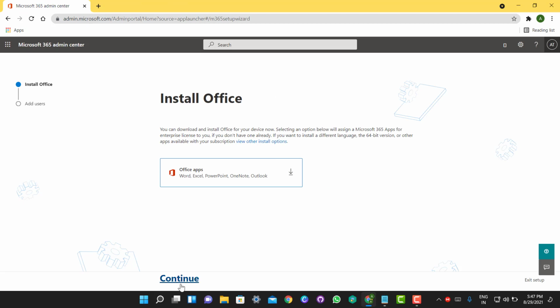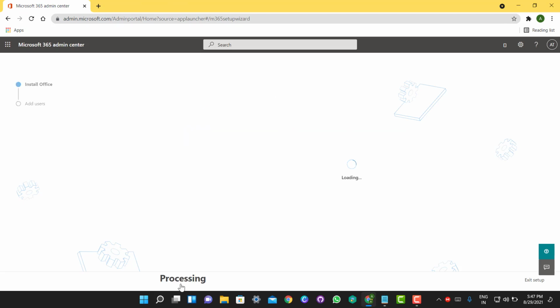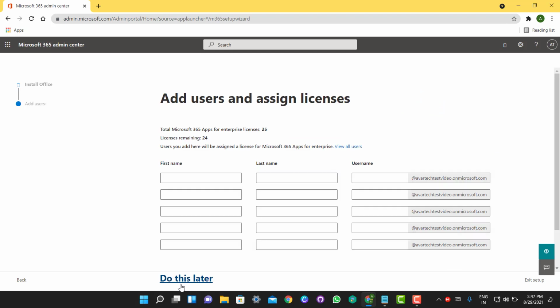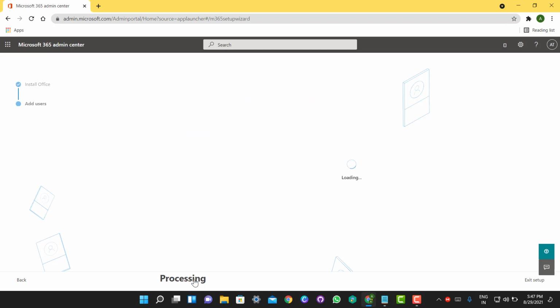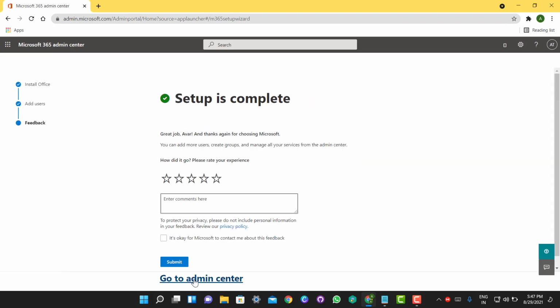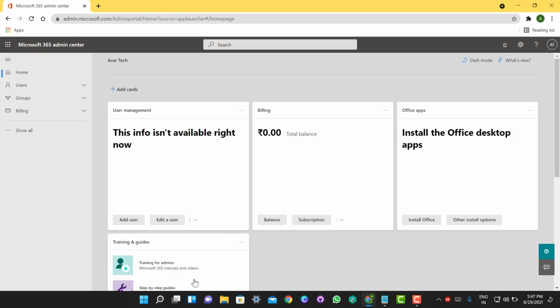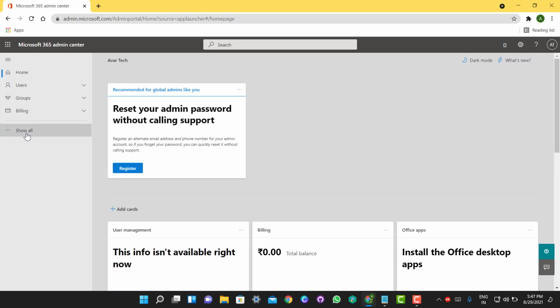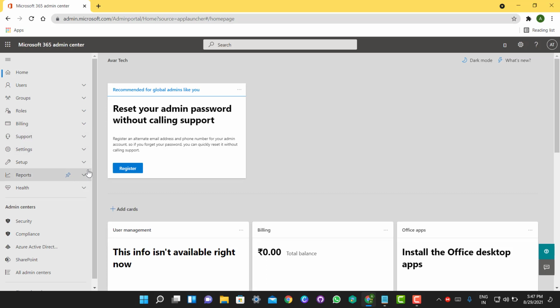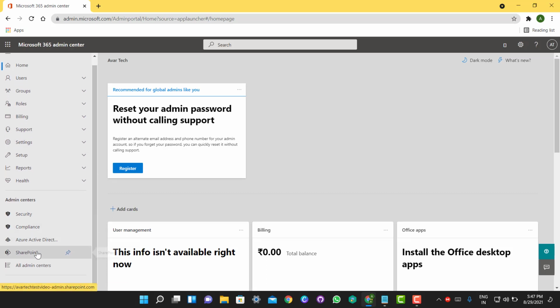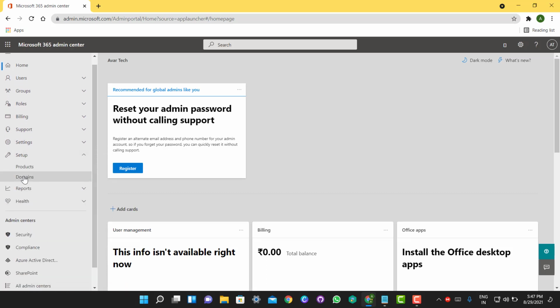Now let's go to the next step. The next step is to add users. The users have a first name, a last name, and a username. Now let's click on do this later, or you can add your user. Let's go to the admin center, and I'm going to show you how to add your custom domain. So let's go to the setup here and go to domains here,